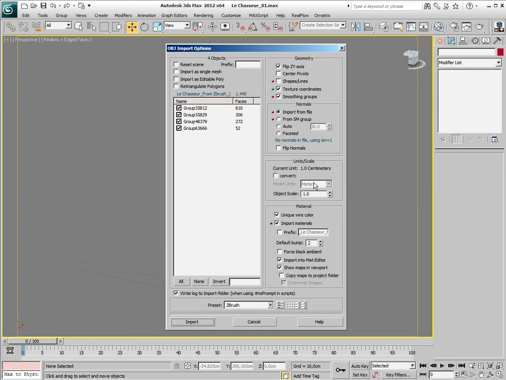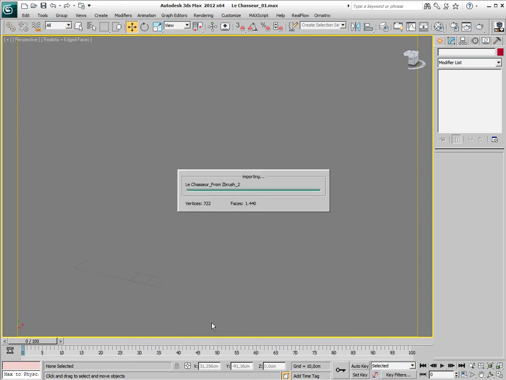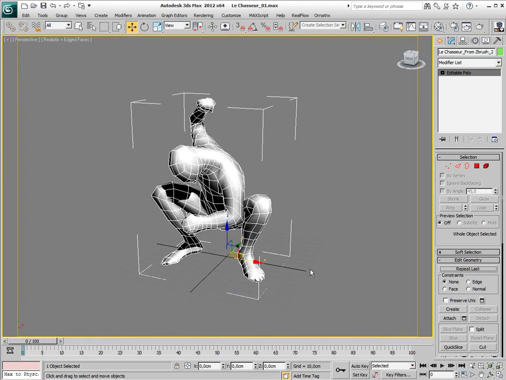okay, so I'm importing from ZBrush, so I chose the preset ZBrush here. I don't need to uncheck any one of these, but I want the model to be just one piece and not 4 pieces, so I click import as a single mesh, import as an editable poly because I prefer editable poly to work in 3ds Max. So import, here it is,